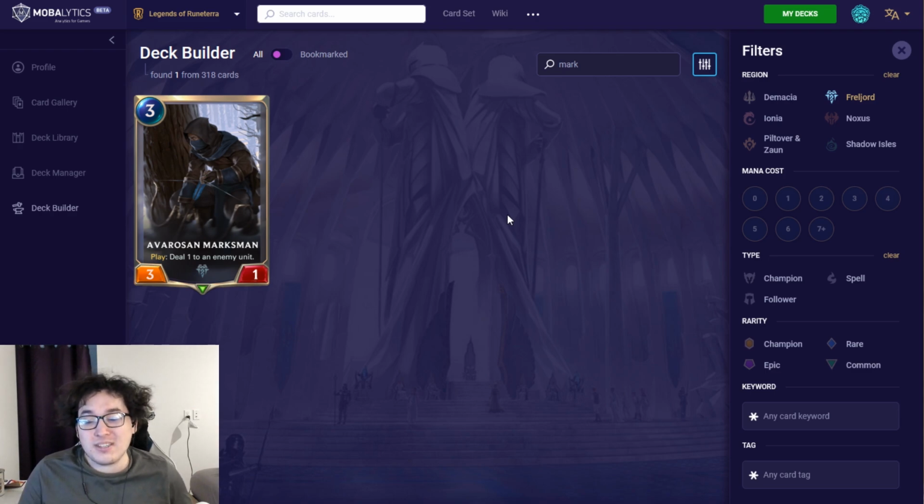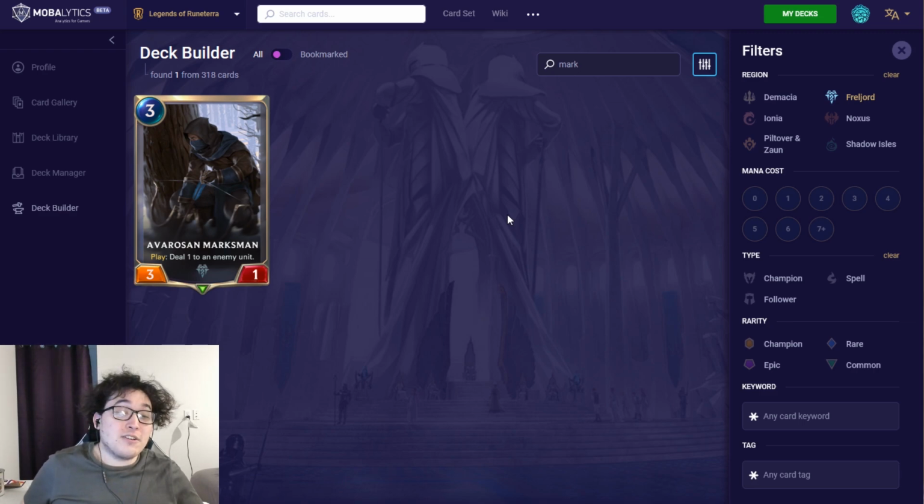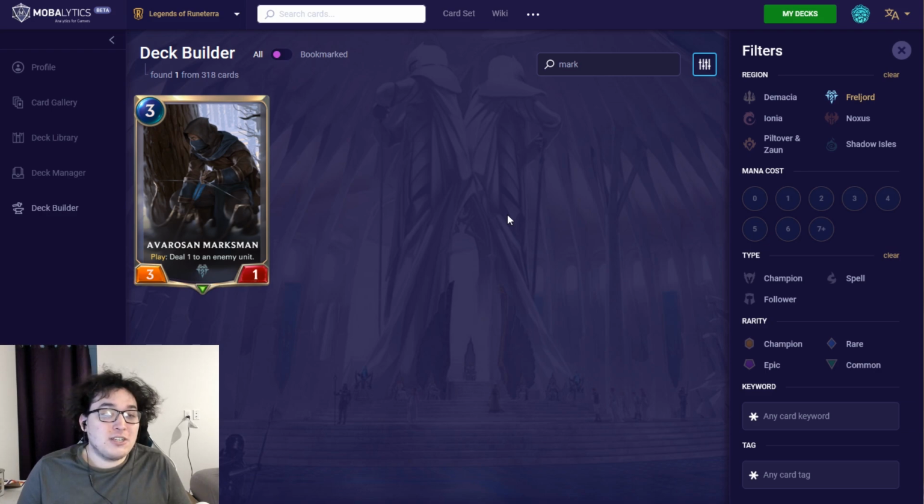Shadow Isles has pretty much all the ways to deal 1 damage. Freljord doesn't really have a lot, so Marksman is a pretty great trader. There's a lot of situations where something's going to be at 1 health, you can just ping it out, right? This is a card that just finds places in certain deck lists as kind of like a curve smoothener, sort of like a utility tech card, might just allow you to finish off enemy units or